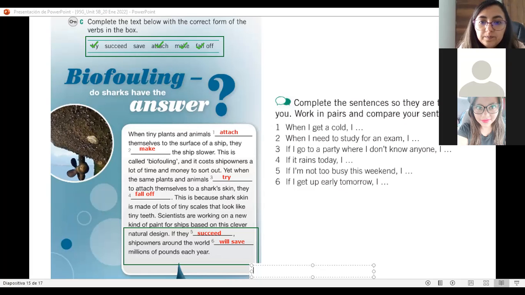For example, how would you do this one? ¿Cómo me responderían esta? When I get cold, cuando tengo frío, ¿qué pasa?